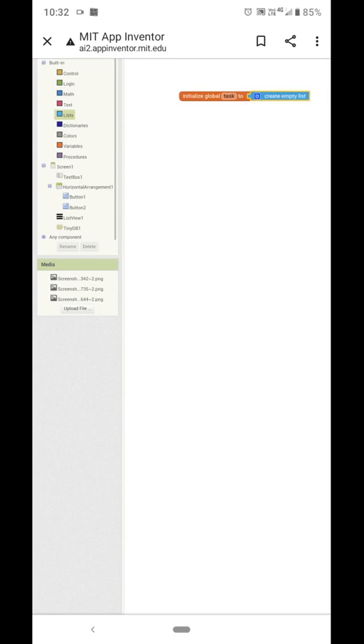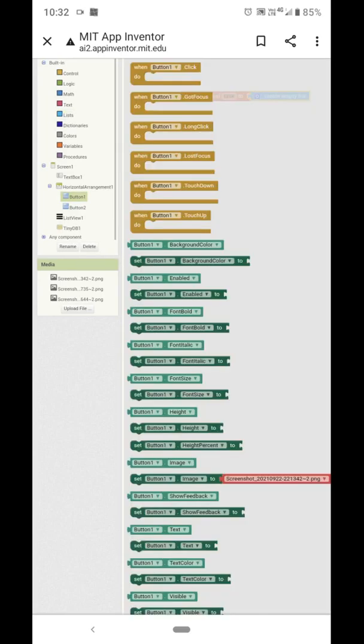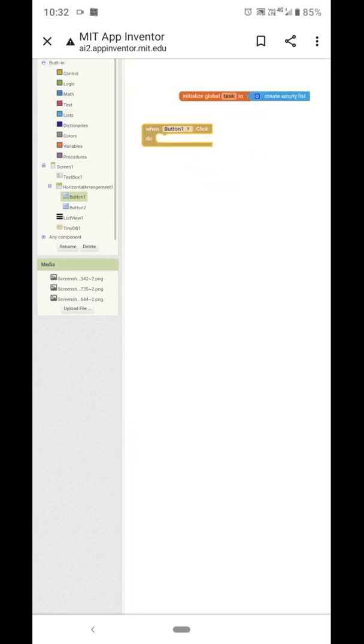Okay. Now click on button 1, that is where we set the image of the plus sign.